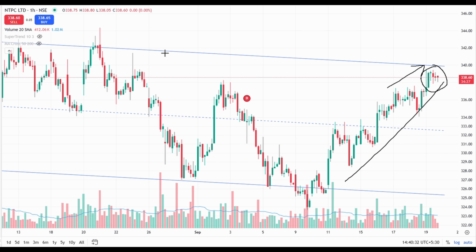Also, there is a dilemma that if I don't book here and prices come back down, then I will lose all the paper profits that I have, and that will be a major